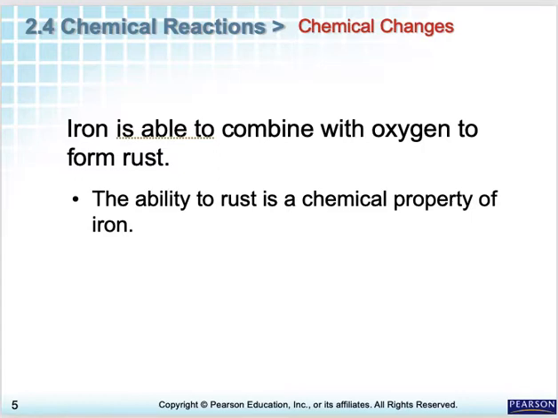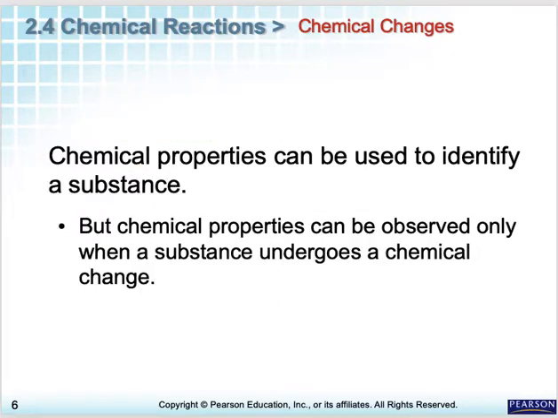Iron is able to combine with oxygen to form rust, and this would be a chemical property. We've already talked about that being a chemical change. So if you think it's a chemical change, then it is a chemical property of that substance. So they are very closely related terms. Chemical properties can be used to identify a substance. If I wanted to identify a substance, I could use a chemical change to identify it, a series of reactions